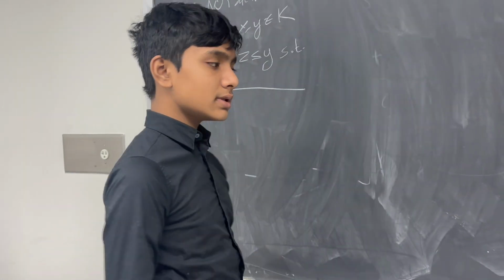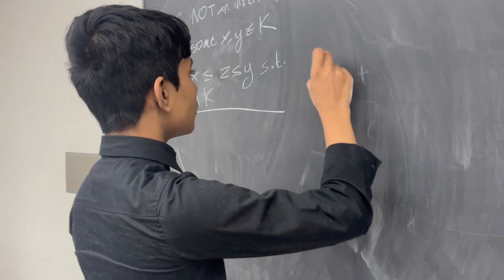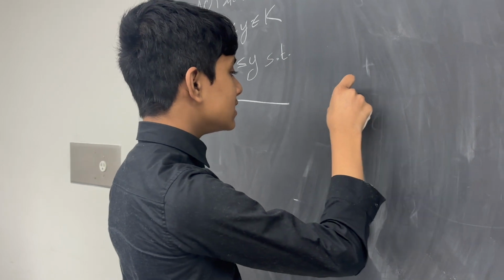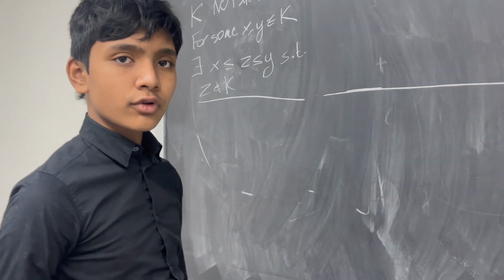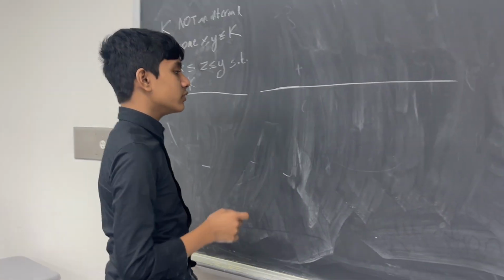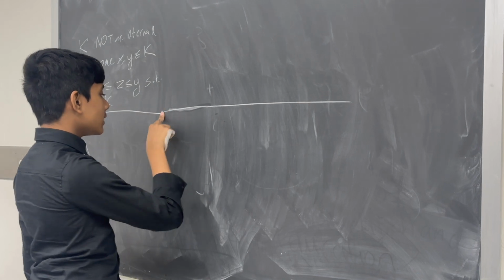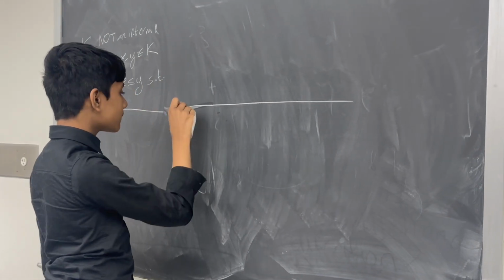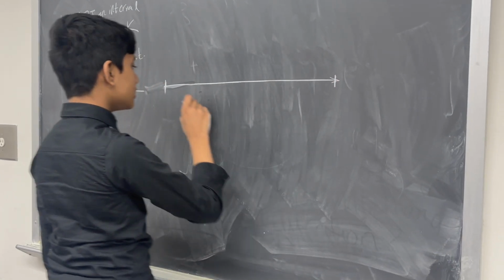So let's see. If K is not an interval, that means that at minimum, K is an interval with 1 point in the middle removed. Like, let's say we have the whole real line here, and it goes on and on and on. But in between,